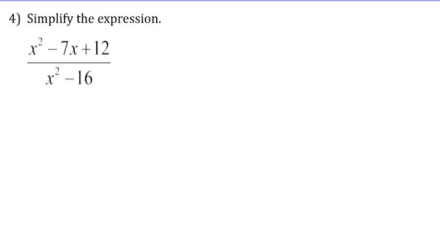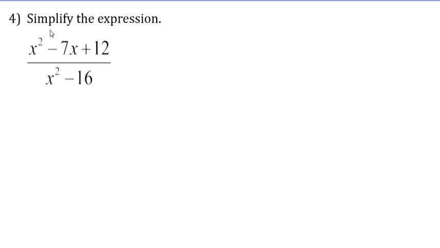Let's see if we can simplify this expression. Here we have x squared minus 7x plus 12 divided by x squared minus 16. Again, look for greatest common factors to divide out in each polynomial. Both of these polynomials do not have greatest common factors, so we can leave them as is. Same thing about your patterns for the